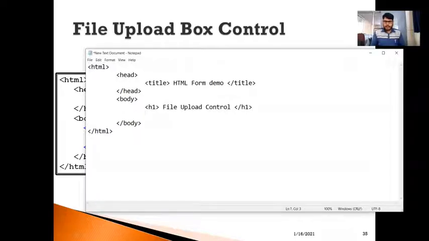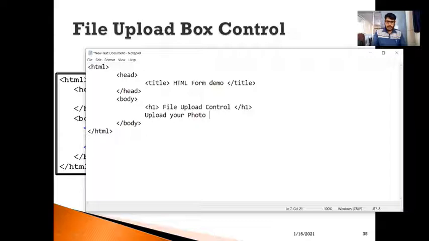Below this, assume that I'm going to accept a photocopy of a customer or candidate. At that time, I will simply insert a message saying, upload your photo.